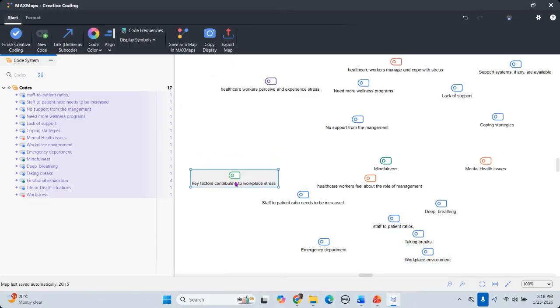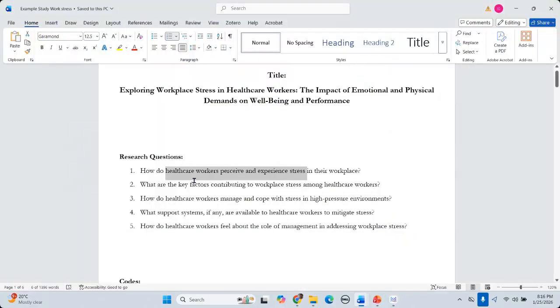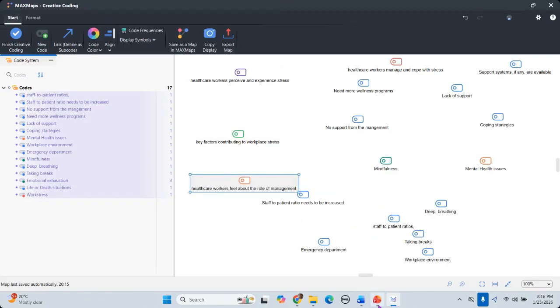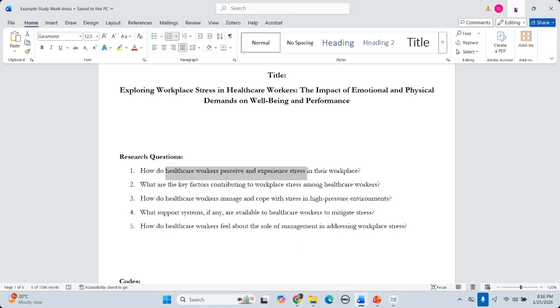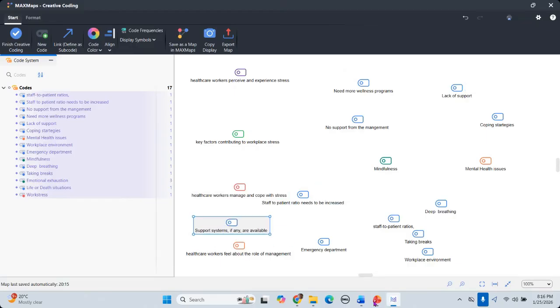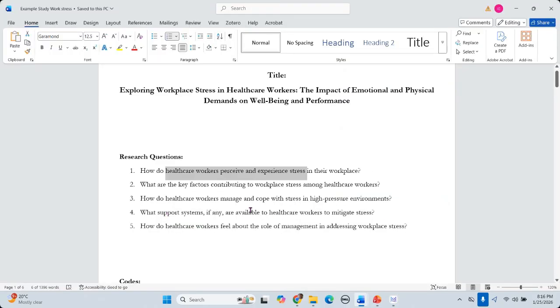So we have the first one, purple color. Then the next one we have is key factors contributing to workplace stress. Okay, this is one. Next, how healthcare workers feel about the role of management. Healthcare workers, how they manage and cope with stress. That is one. So this is a third one. Support system, anything that is available. That is the fourth one. Okay. Now, just in order to simplify it,